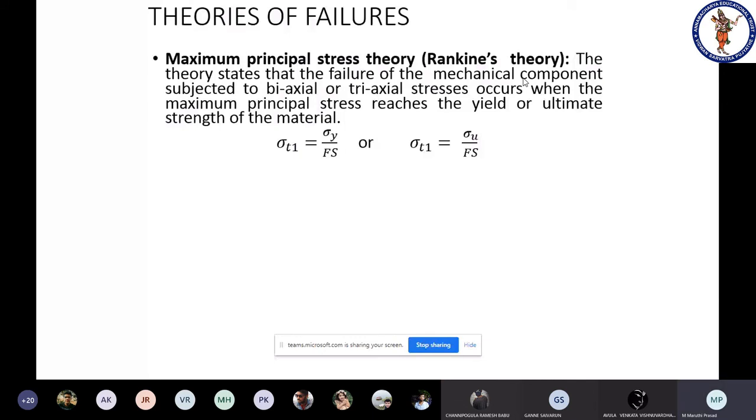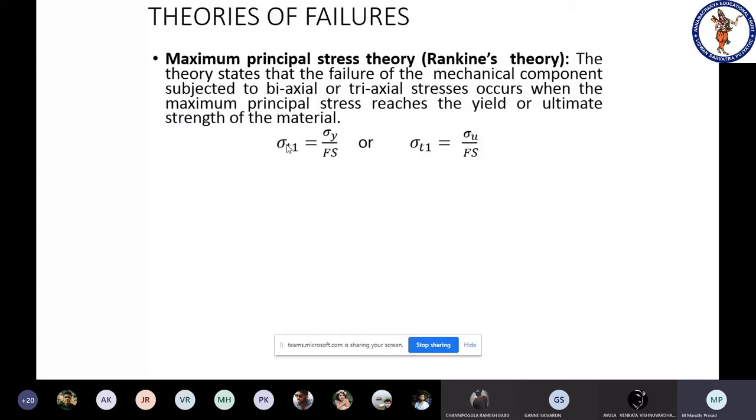On one side is the induced stress. What is the induced stress here? Here I have taken sigma T1, which is nothing but the major principal stress. How do we get that major principal stress? Whenever a component is subjected to combined loads, whatever resultant stress we get is the induced stress. In this criterion, we have taken the maximum principal stress, that is, the major principal stress. So whenever the major principal stress reaches the property, that is, the yield or ultimate strength of the material,